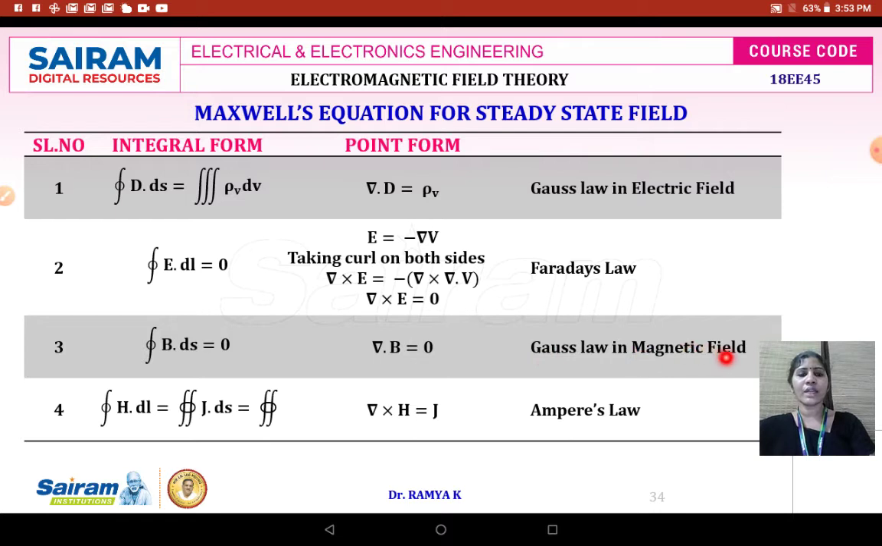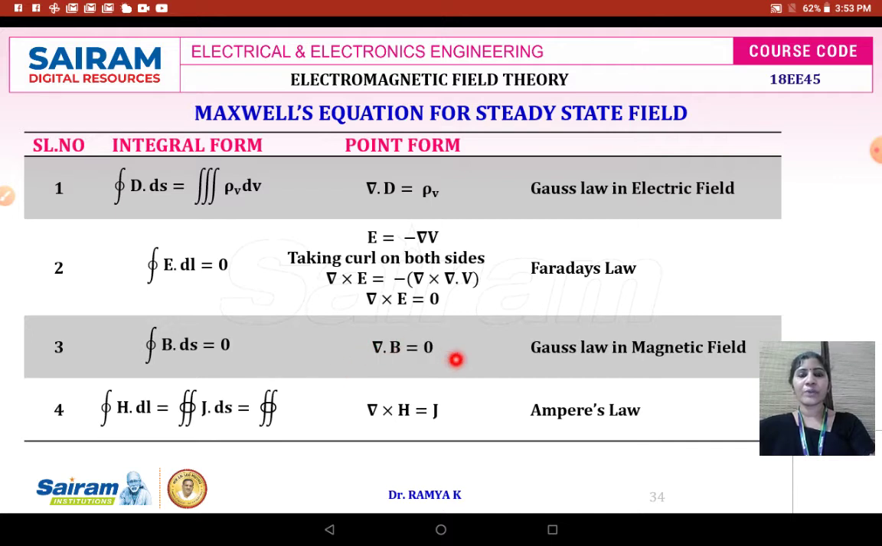Gauss's law in magnetic field. Gauss's law in magnetic field states that the magnetic flux density over a closed surface is equal to 0. It is the integral form of Maxwell's first equation in magnetostatics. It is Gauss's law in magnetostatics. When we write it in differential form or point form, we'll get divergence dot B is